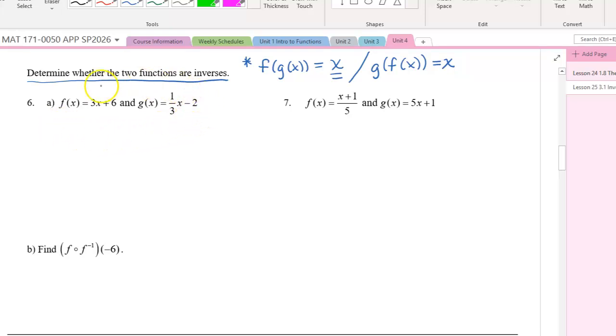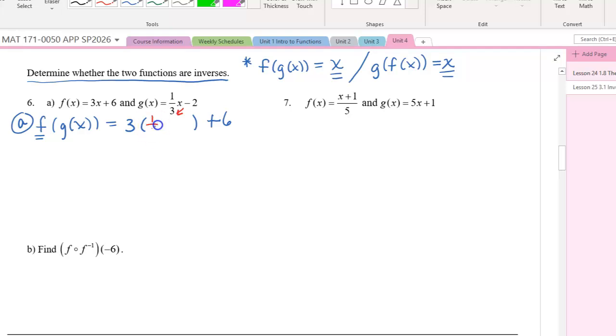So for number 6, problem A, I'm going to do both of these, and if both of these are true, then they are inverse functions. So let's do f of g of x first. That means f is my template, and wherever there was an x, I'm going to put g of x